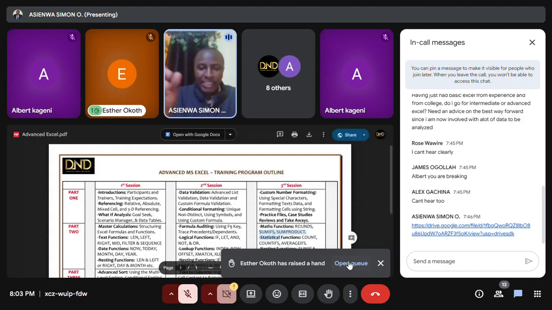But this is what we call multi-level list validation, whereby, for example, if I've chosen a country, Kenya, the next column will only show the counties in Kenya. Then in that column, if I choose a specific county, the next column will only show the sub-counties in that county that we have selected. So you see, if you give these documents out to data collectors, it helps to reduce